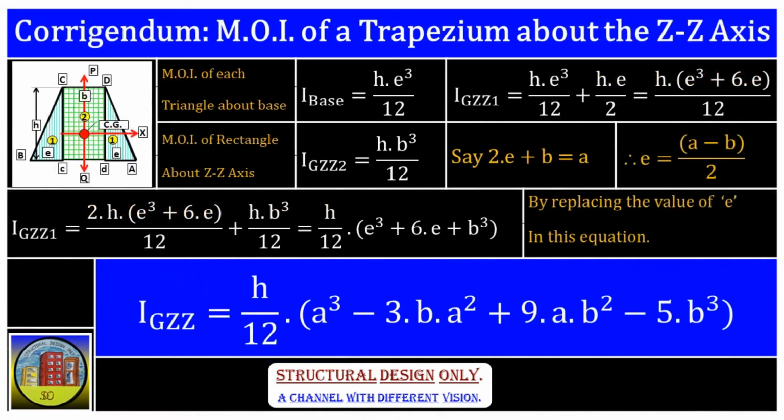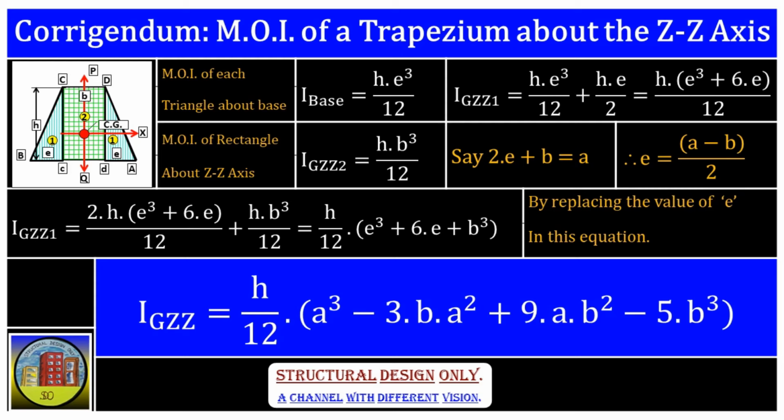Title of this slide you are watching, Corrigendum, regarding moment of inertia of a trapezium about the ZZ axis. This is a correction to previous information provided by me, in my presentation, The Power of Shapes, Part 3. Now we are diving into the derivation of IGZZ of a symmetrical trapezium. Here you are watching an image of a symmetrical trapezium with bottom base length A, top base length B and height